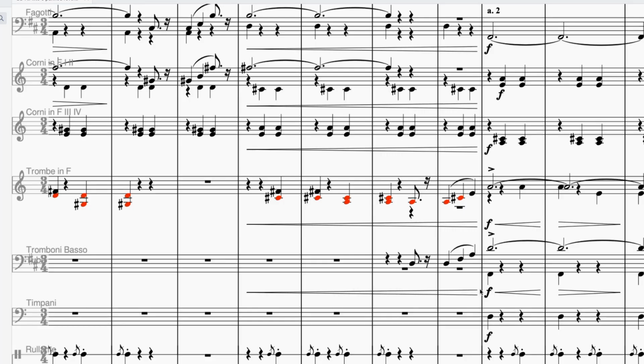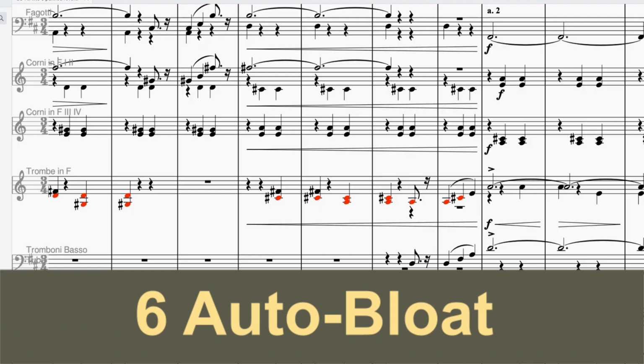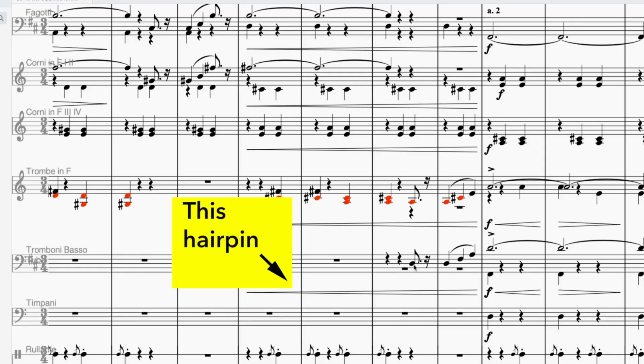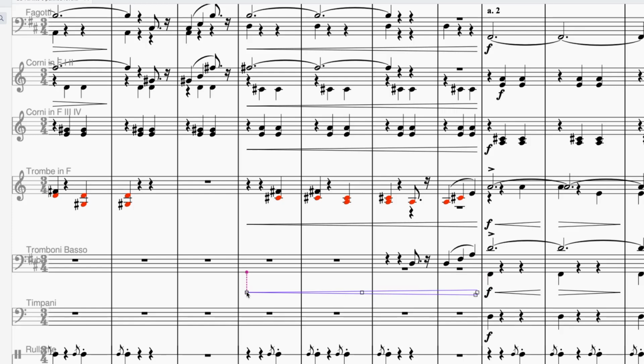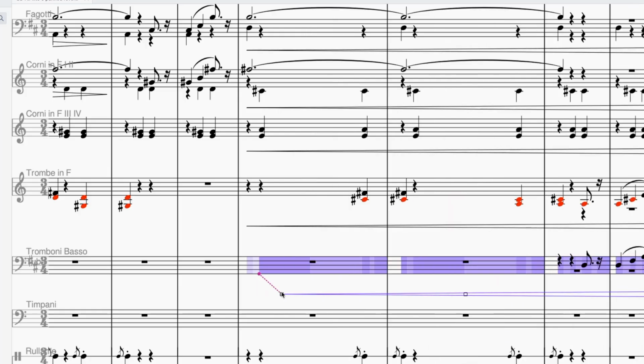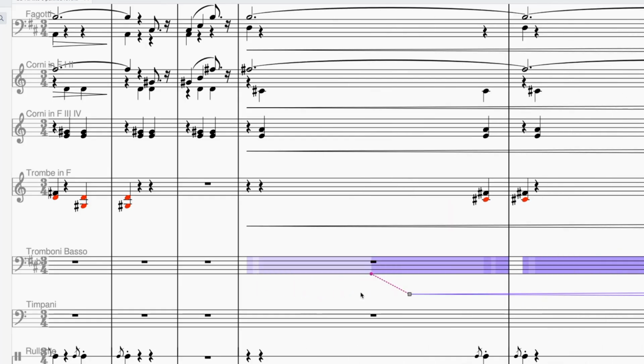But there's still a problem with score bloat. Sometimes you can be adjusting something and the space between staves mysteriously increases. That kind of vertical bloat often disappears when you reload the score next time. Not so for horizontal bloat. Here's an example. I want to change this hairpin to start when the instrument starts sounding, so I select it, click, and then select the left drag handle and drag to the right, and this happens. And after it happens, it won't go away. You have permanent horizontal bloat.